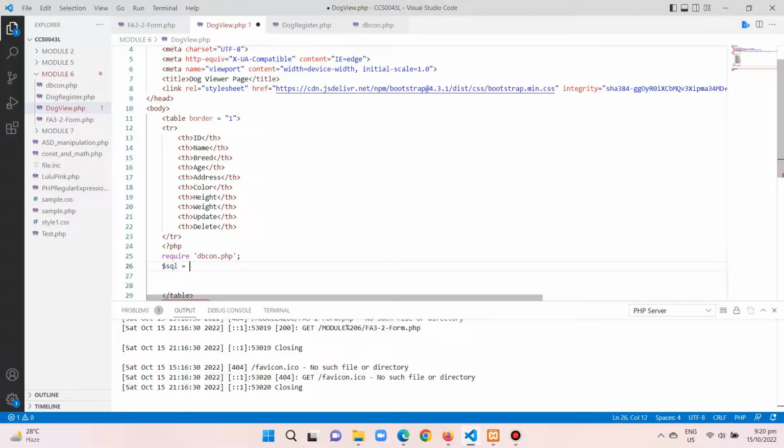Now this time we need to set up the variable for the SQL statement. So I'm going to type in select asterisk from the table dog, and we'll be able to type in